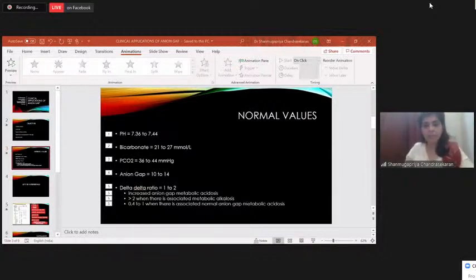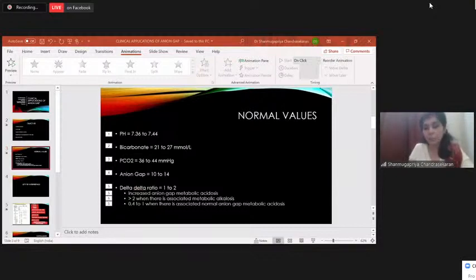Yeah, metabolic acidosis, the decrease in bicarbonate level in the body. Right, Rishikesh Naik has answered it right. Okay, and Meghna has also answered it right. So what is acidosis? Acidosis is a decrease in pH. We all know the normal pH is 7.36 to 7.44. So what is acidosis? Whenever there is a drop in pH below this value, it will be called acidosis.